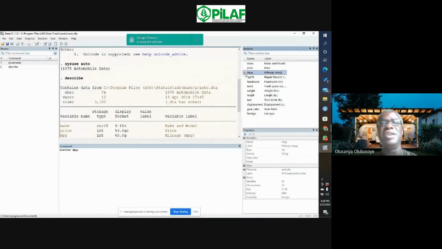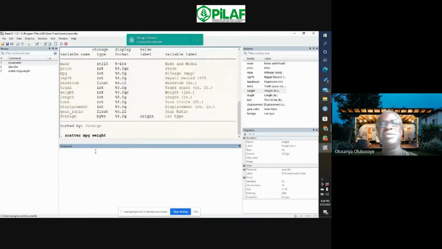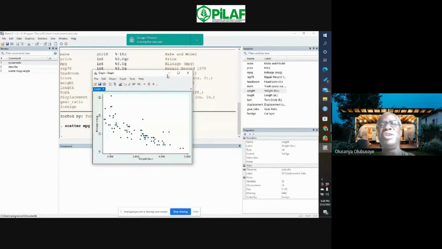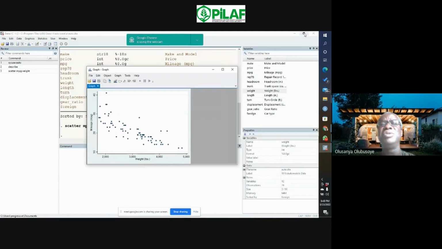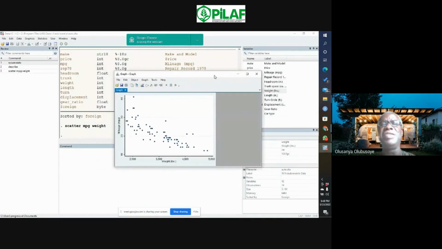Let me select MPG and let me select weight. So let me run this command, press enter. The command will appear, as you can see, but this is a graph, this is a plot. Interestingly, it won't appear in the result window. So the point I'm making now is that in STATA, you will only see the command and the textual result